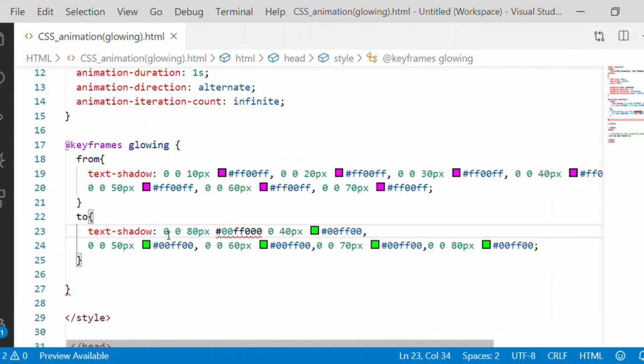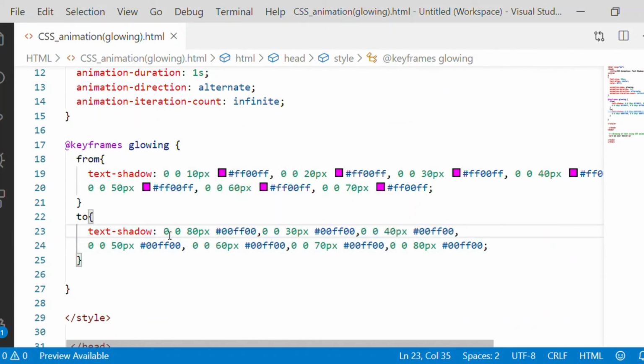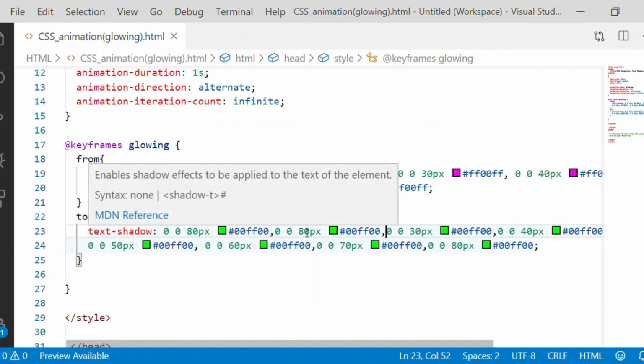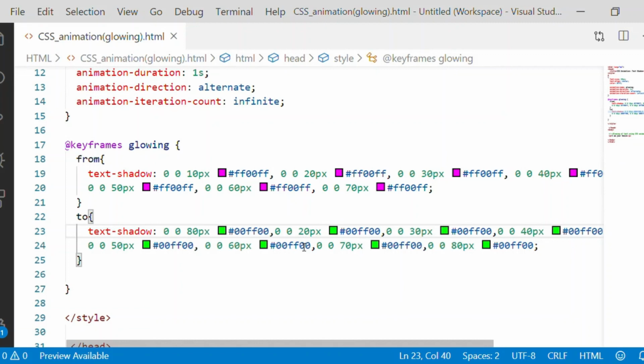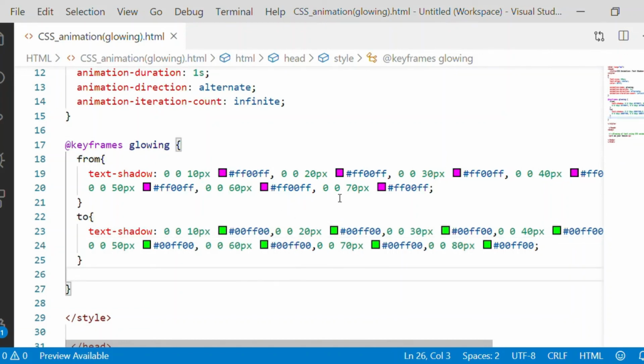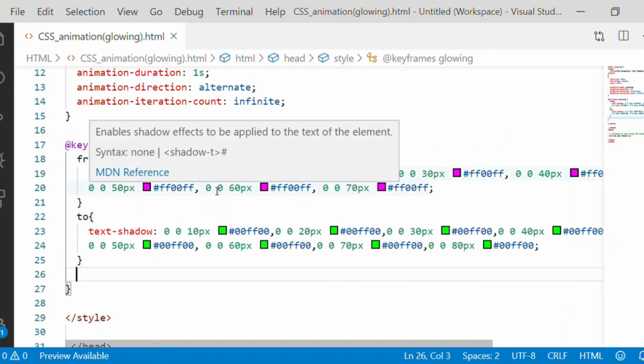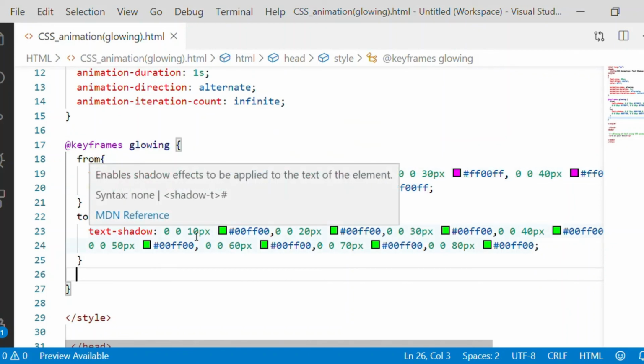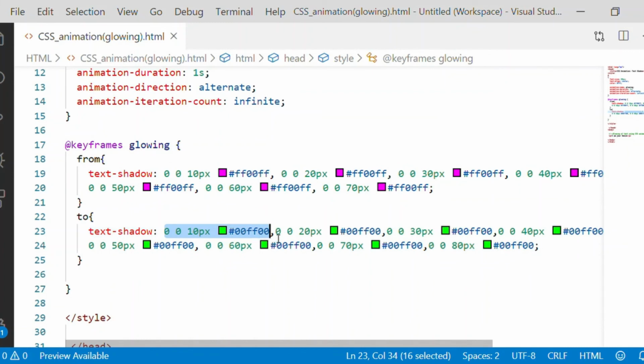So on having the steps in text shadow and then moving from one color to another color, we will get a glowing effect which is literally crystal-like.